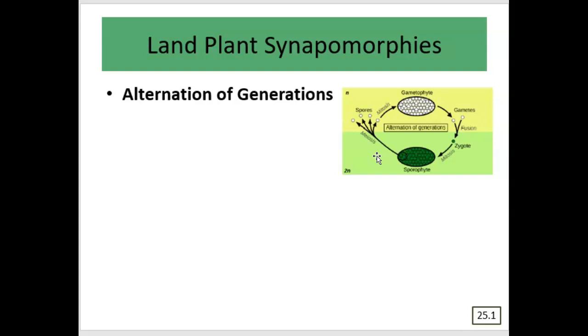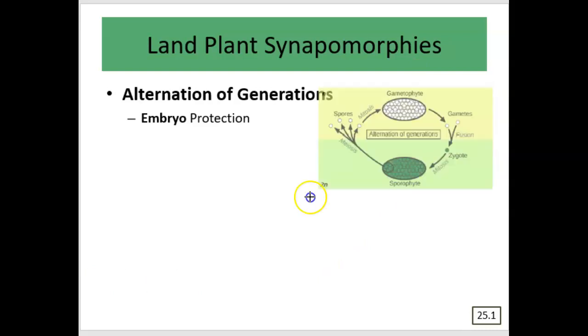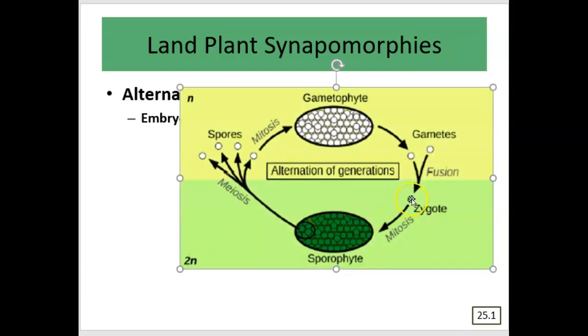And don't forget, in order to be alternation of generations, we have to have a multicellular haploid and a multicellular diploid phase. Now, something special about land plants is that in their alternation of generations life cycle, they provide protection for the embryo. All right, well, where's the embryo in our life cycle here? All right, so let's take a look at the life cycle. The zygote is going to grow by mitosis into the sporophyte. The embryo is those first stages of growth. So after that zygote starts growing, it becomes multicellular here. That is where we're going to find that embryo.